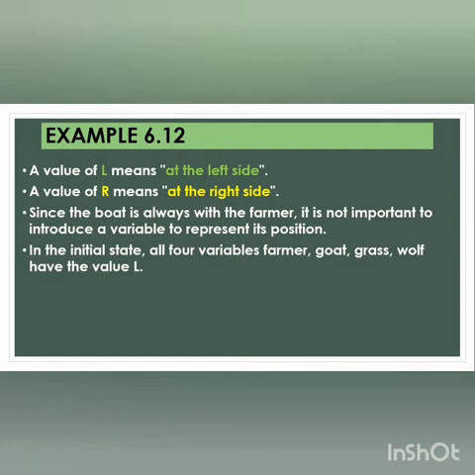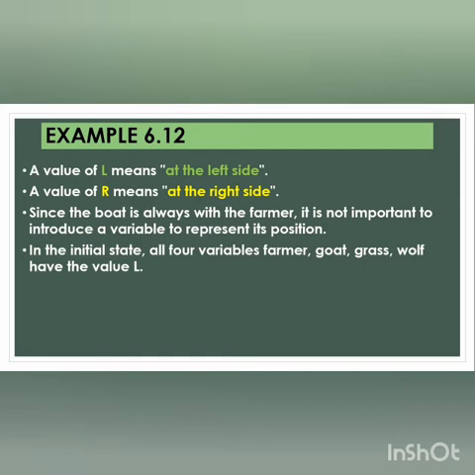In this, we have ignored some of the details. For example, the boat. Even though the boat plays a role, we don't allocate any separate variable for the boat. So, only the relevant details are required to solve the problem. Here, the irrelevant details are ignored or hidden. So, this is the concept of abstraction.